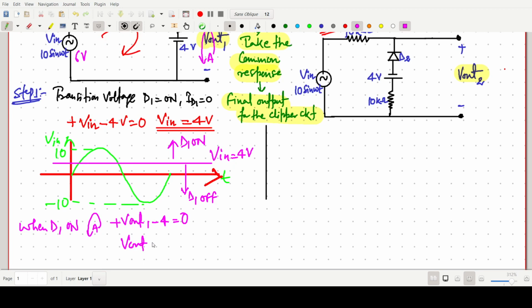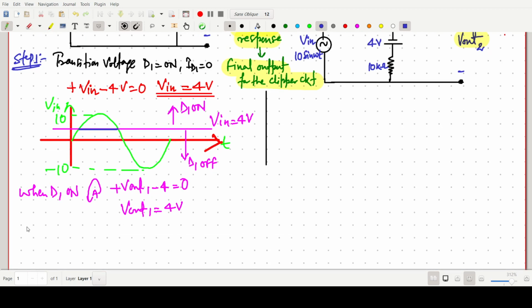So V output 1 equals 4 volt when the diode is on. So this is the output response when the diode is on, above this line. For this, the output will be 4 volt. And when D2 is off,